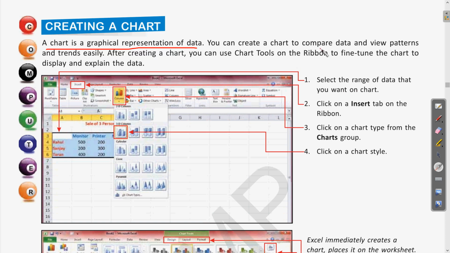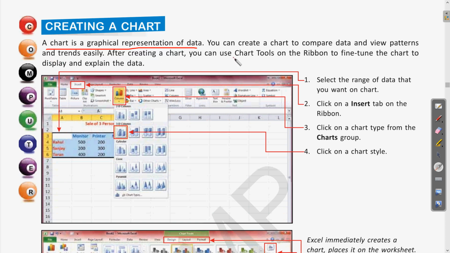Clear? So whatever type of data you have, if you want to compare the different terms, or if there is similar data and you want to view the patterns or trends of those, that can be used for creating a chart. So using a chart we can compare data and view the different patterns and trends.